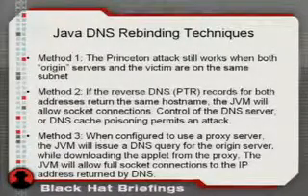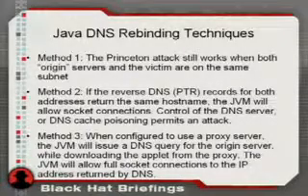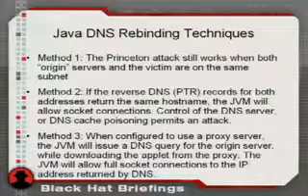It's also based on the Princeton method. If DNS returns two IP addresses, the JVM will perform reverse DNS lookup on both of them. If the results match, if the pointer records both have the same host name, then the JVM will consider both addresses to be acceptable for the origin and allow a connection to continue. Normally, an attacker isn't going to be able to set or control the reverse lookups for a private IP address range, but there are a few scenarios where that might be possible. If the attacker had compromised